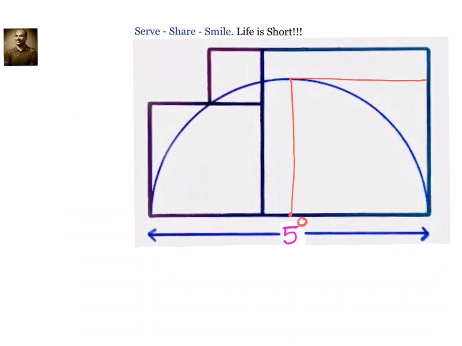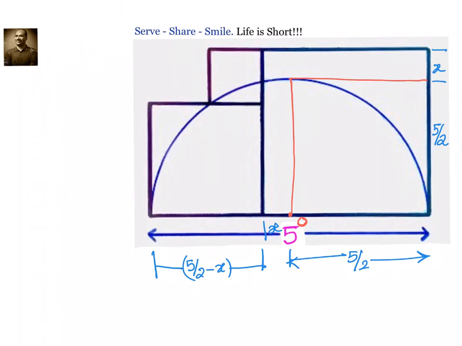So let me do that. Now 5 is divided into two parts, 5 by 2 and 5 by 2. So this total part is equal to 5 by 2. Similarly, this is equal to 5 by 2. Now when we cut this into 5 by 2, 5 by 2, we have a little bit left out of the big square. Let us say that length is equal to x. So this is also equal to x. If that is x, then the small square will be of the size 5 by 2 minus x. I hope you are comfortable with that. We have 5 by 2 minus x, then 5 by 2.